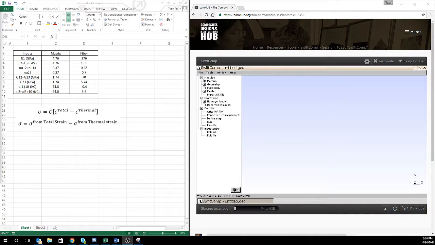Okay, so today we're going to go through a quick example of how SwiftComp on the cdmHUB can be used to determine the residual stresses in the fiber and matrix of a fiber matrix composite that has undergone curing stresses from, say, an example temperature change of about 100 degrees Celsius after it's cured and cooled back down to room temperature. So we'll do that by first accessing SwiftComp, and you can do that by going to